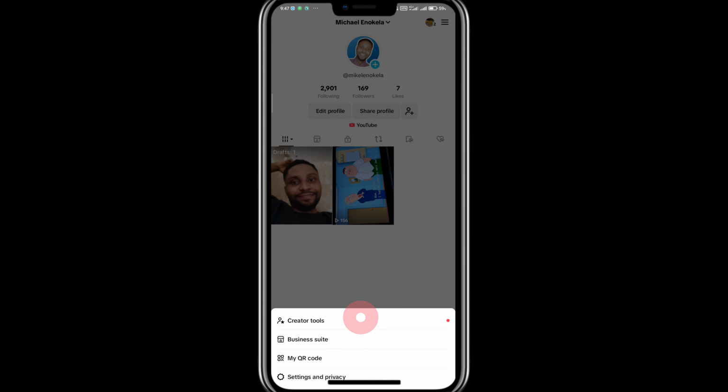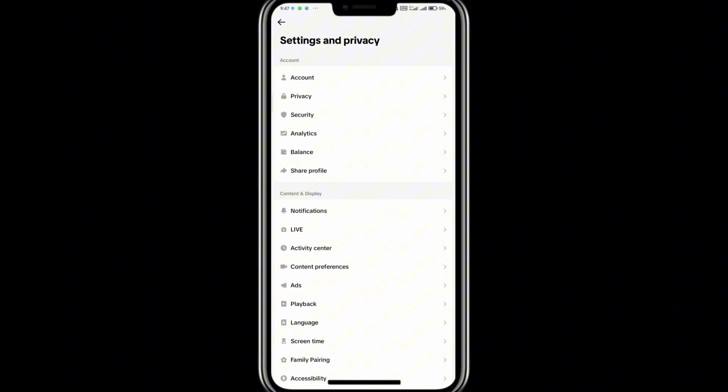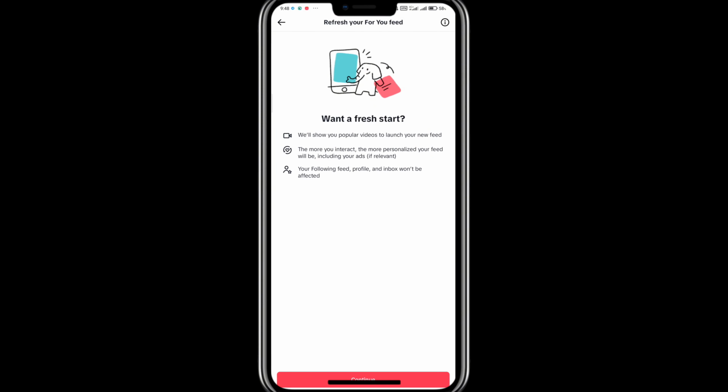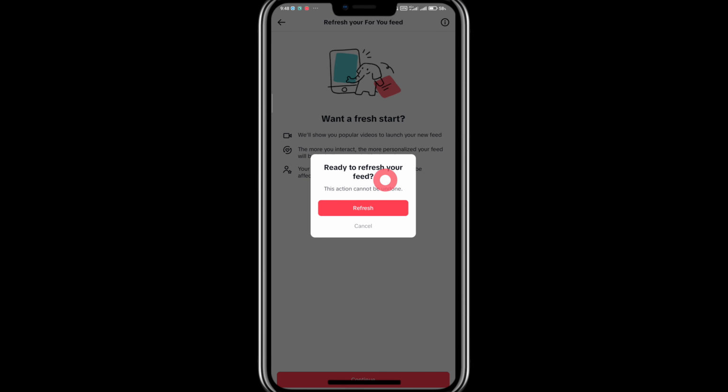Settings and Privacy. Tap on Settings and Privacy, and on the Settings and Privacy page, you want to look for Content Preferences. Tap on Content Preferences. And here you see several options. Now tap on Refresh your For You feeds, and then tap on Continue. This will bring out the prompt to refresh your For You feeds. So if you want to refresh your For You feeds, tap on Refresh and your For You feeds will be